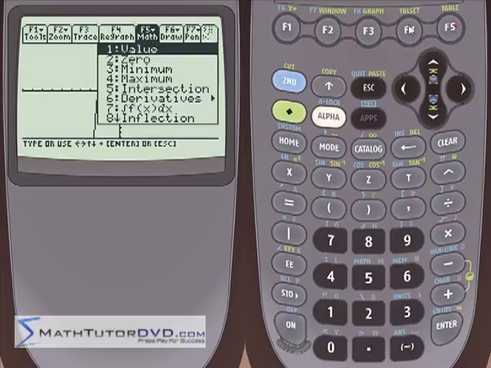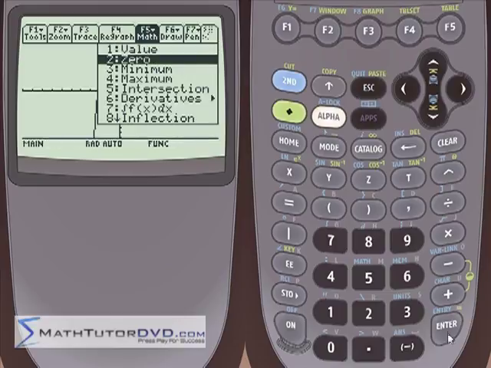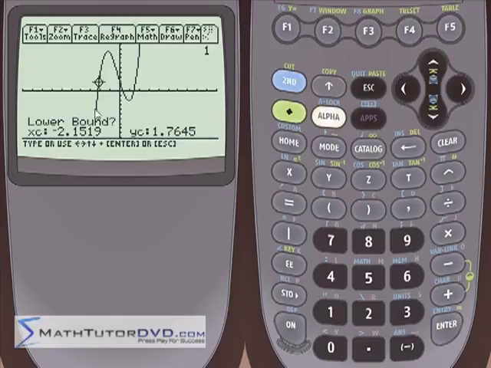So just hit F5, which is the math menu. We've already talked about value, which is the first entry. The second entry is 0. So what it's trying to tell you here is how you find the 0 of a function. So highlight 0, hit enter, and it's asking you a question. It's saying, where is the lower bound? What this means is, if you're going to find the zeros of this function, you need to have graphed the function so that you can visually see them. And when it asks you for a lower bound, it's asking